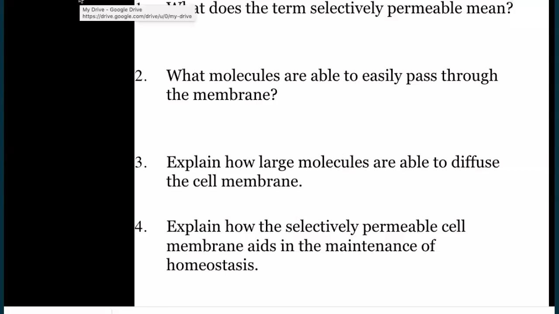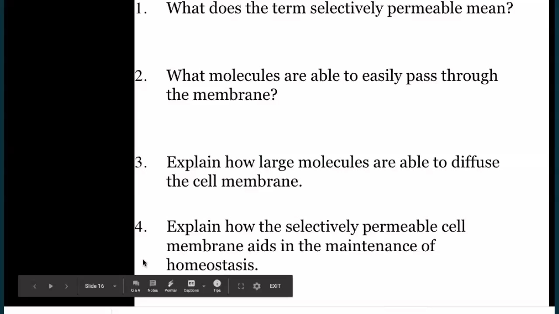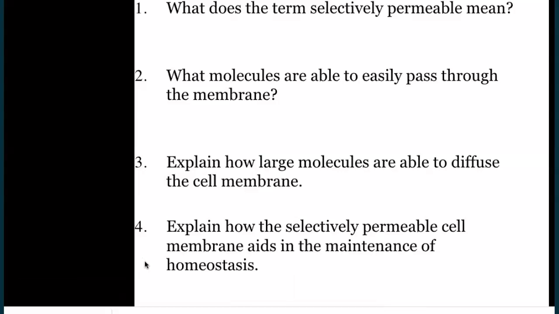Okay, real quick, I'm going to give you 2 minutes. You have this self-check in your assignment. There are only 4 questions. So we're going to fill out the self-check, and that'll be the last task we have before our quiz. We need a good understanding of the cell membrane because next chapter we're going to start talking about movement through the cell membrane. They should be in your Google Classroom,